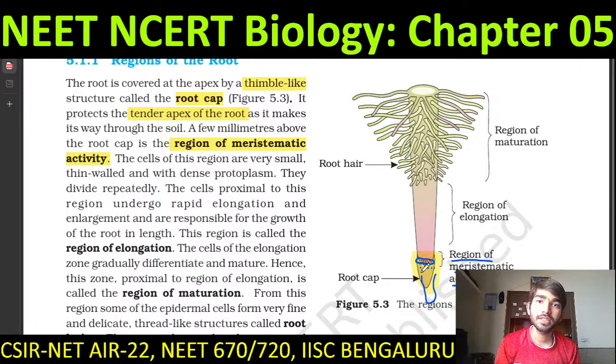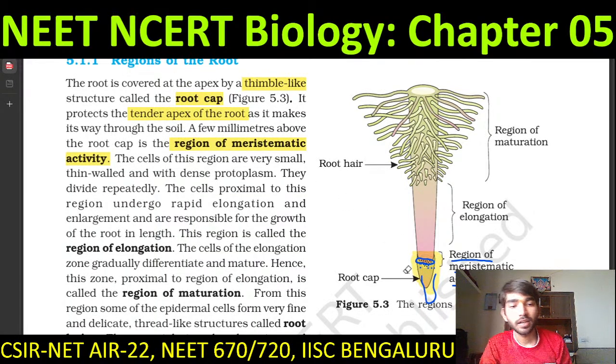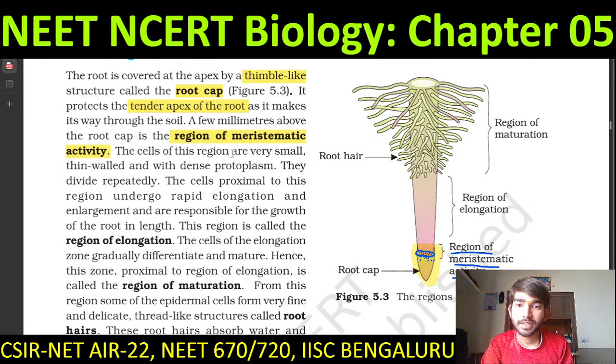So this is the region responsible for the downward growth of the root, or it can be upwards also, but in general it is towards the gravity, or gravitropic movement. So that's why I said downward movement, but it can be in either direction, whichever is allowed for the root. For example, you'll see some examples where the root grows in the upward direction in mangroves. The cells of this region are very small because they are actively dividing,